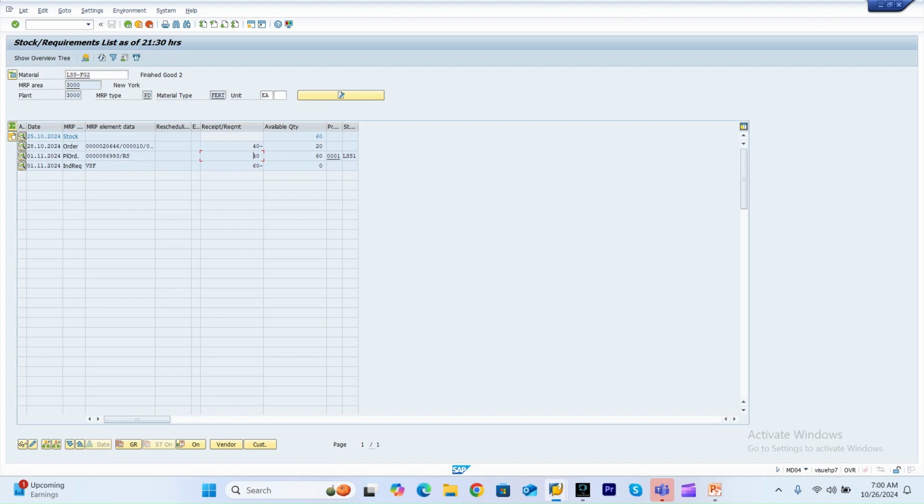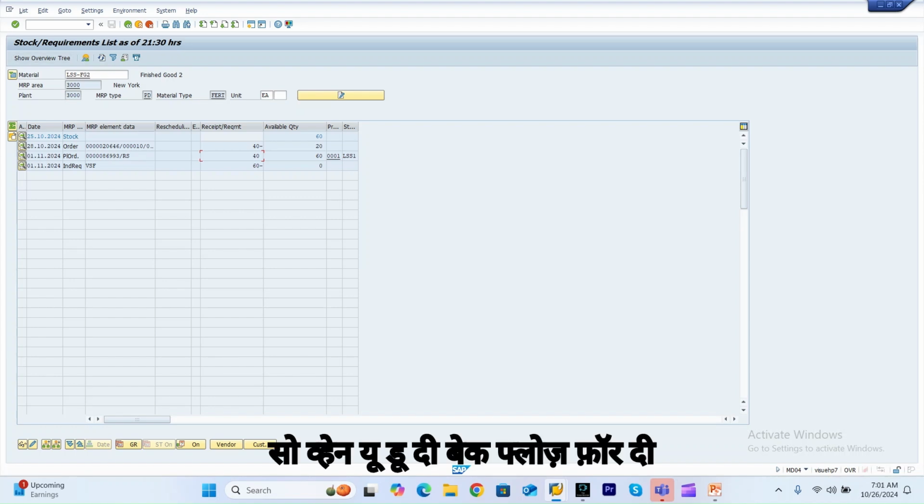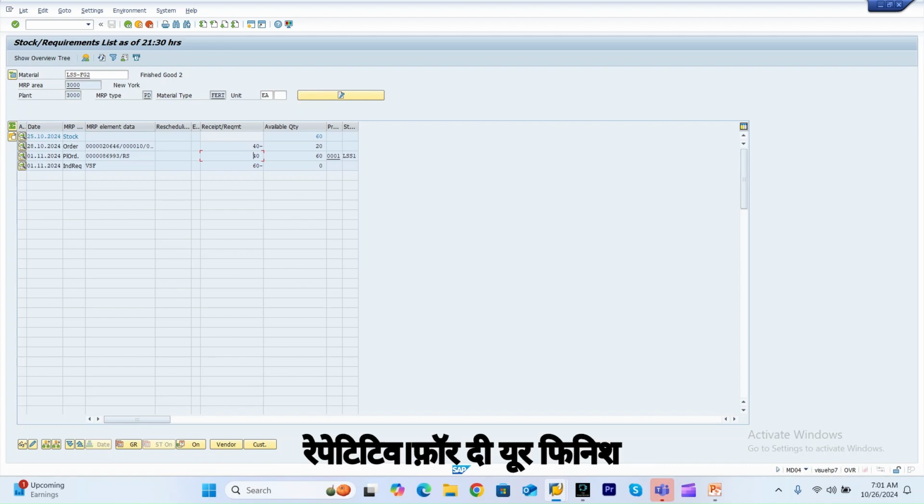Okay, now when you do the backflush for the repetitive for your finished material, it reduces your plan order